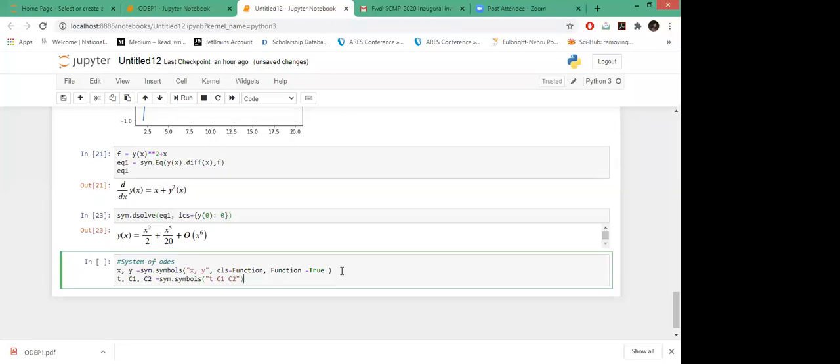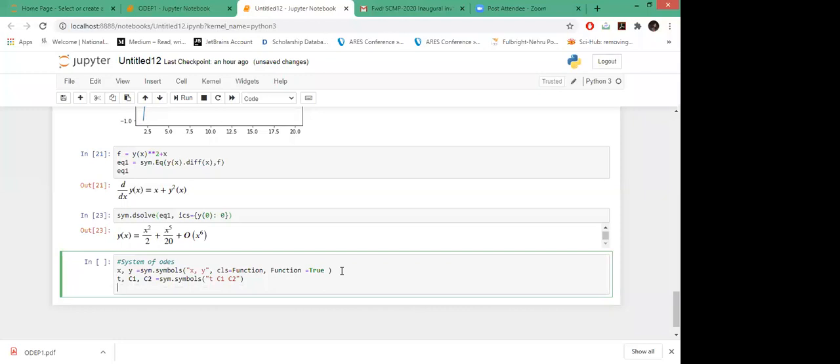Okay, so this is all we need to define our ODE. Let's define the first equation.